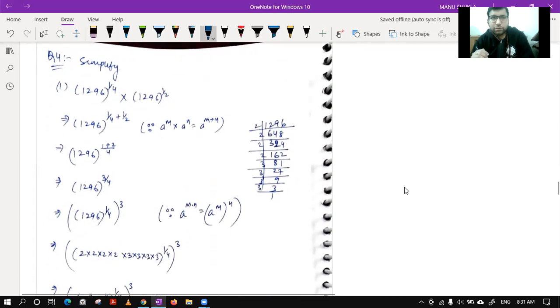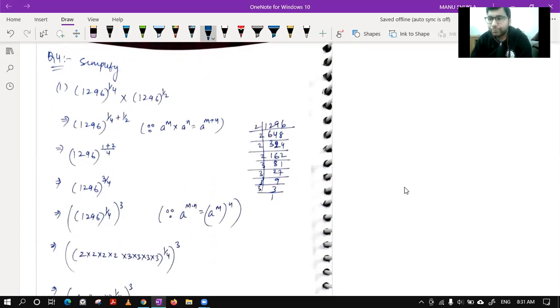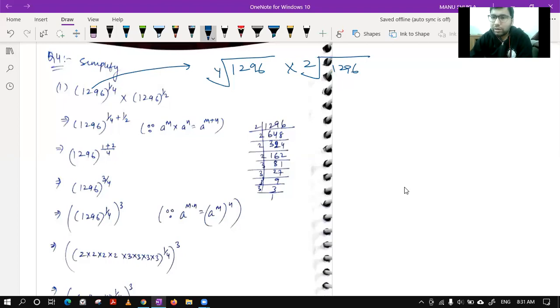Now, next question, question number 4, simplify. So again, those who will go step by step may go like this. First, they will solve 1296 to the power 1/4. People may solve first this thing and then this thing, and then multiply the answers. That is fine, not wrong. But if you have the laws of exponents, why go like this? We can use the laws of exponents because the bases are the same. We will add the powers. So we are making the power 1 only. After that, we got this, this, and this.